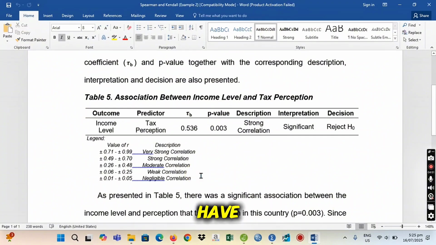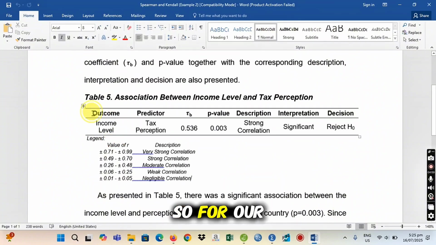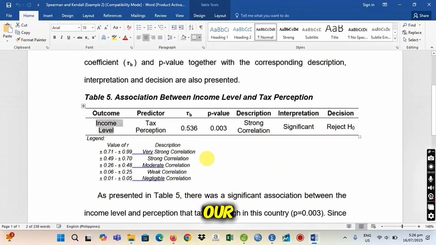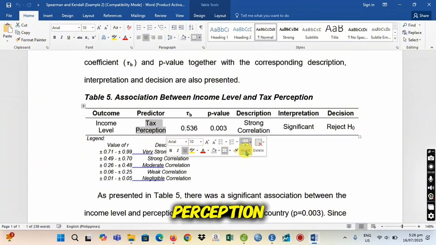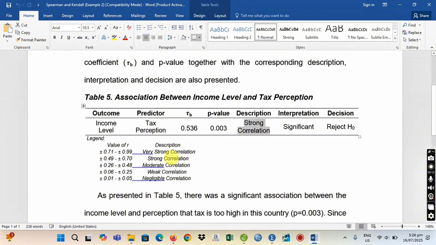We also have a different but very similar legend, based on the previous citation. For our outcome, we will consider the income level, and for our predictor, we will consider the tax perception that tax is too high in this country. So there's a strong correlation.